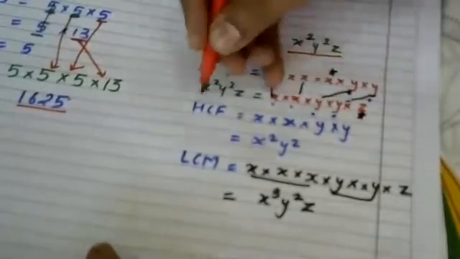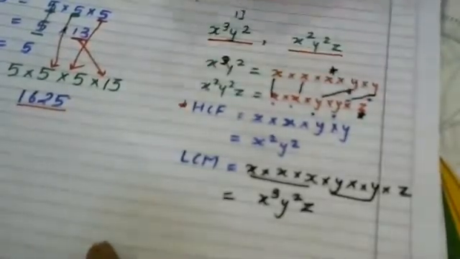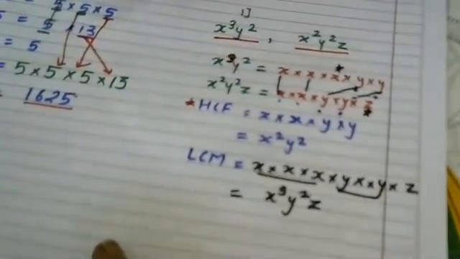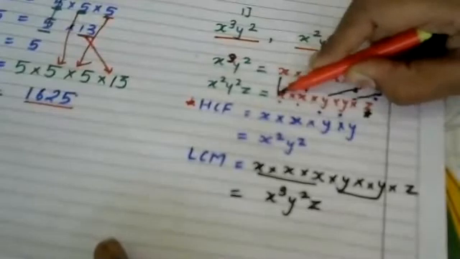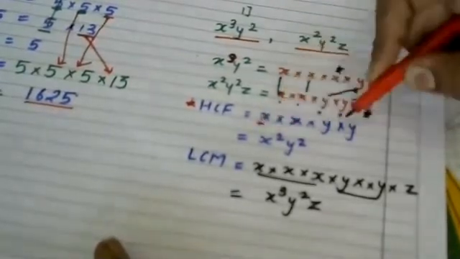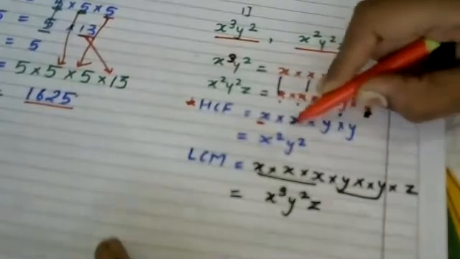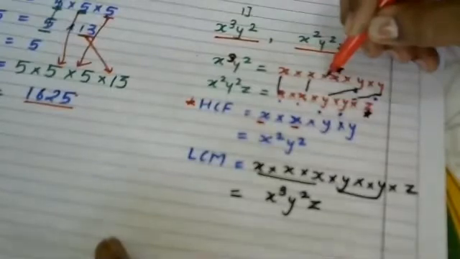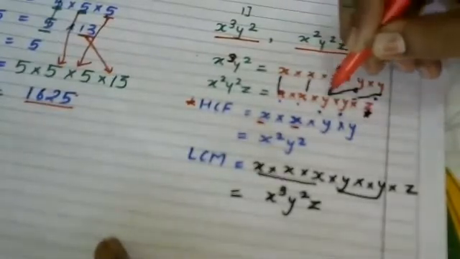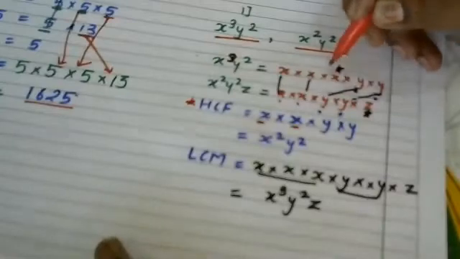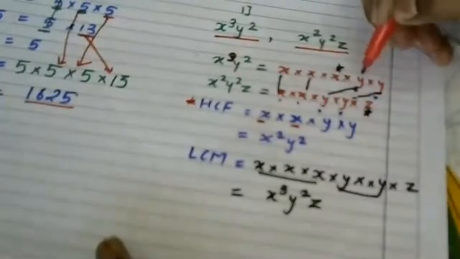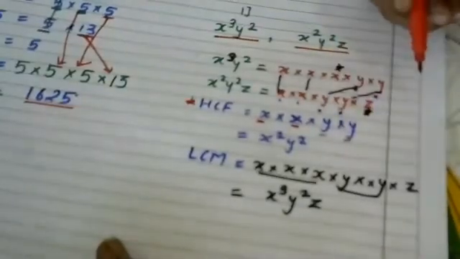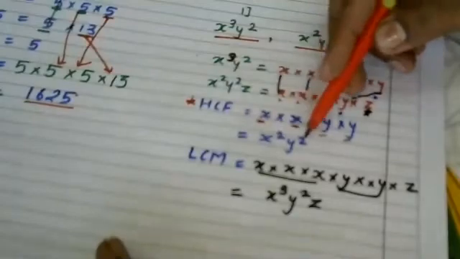Now what is my HCF? HCF is a multiplication of the factors which have partners. So this x has this x as a partner, so that x enters into the HCF row. This x also has a partner, so it enters too. Now one more x is there in the first term, but in the second term only 2 x were available, so that x we will not take. Next, 2 y are here and 2 y are there, so those 2 y we can take in the HCF row. So my HCF is going to be x square, y square.